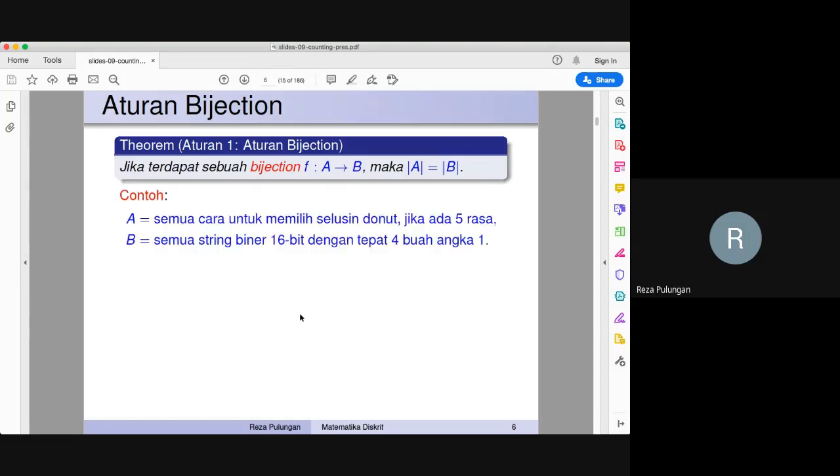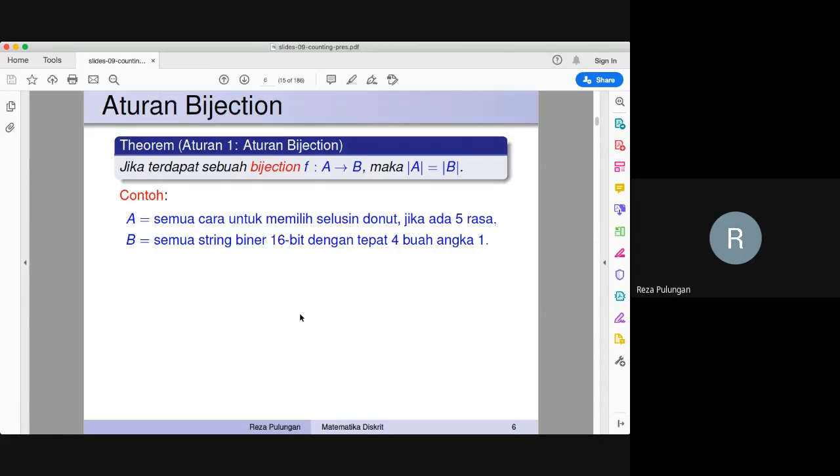I will demonstrate this by using an example. Let's look at this example. Assume, for example, that the set A contains all possible ways to select a dozen donuts if there are 5 flavors.